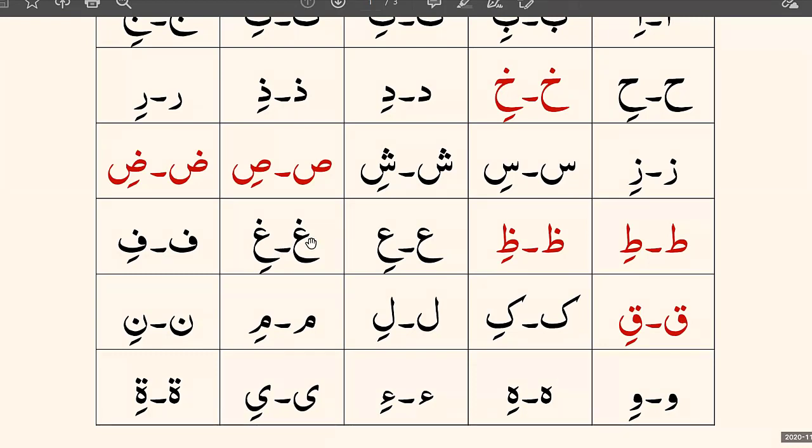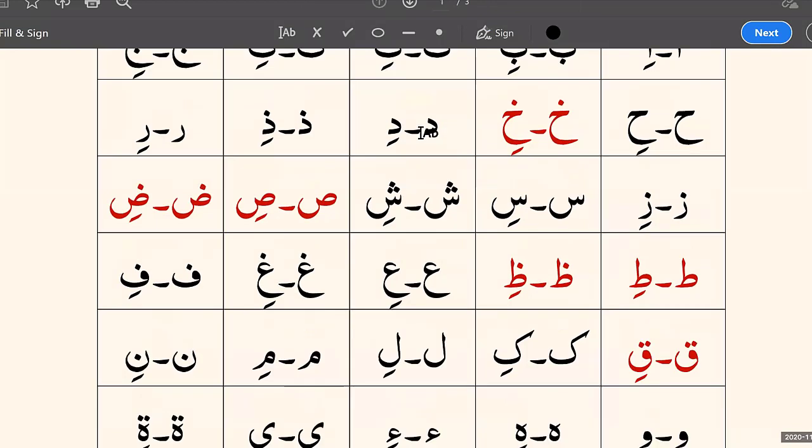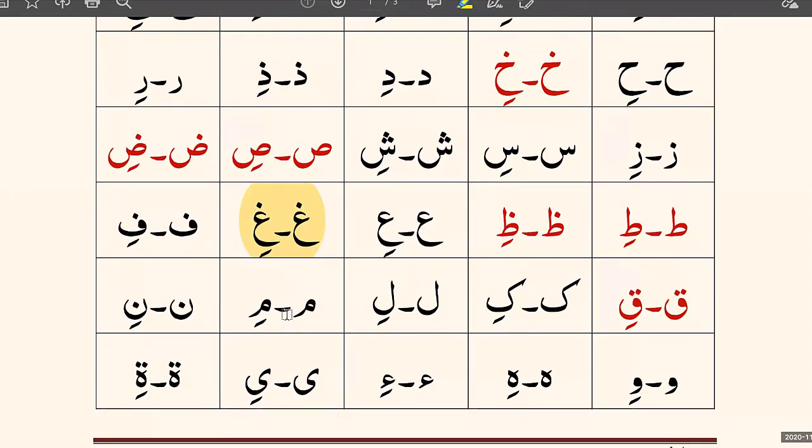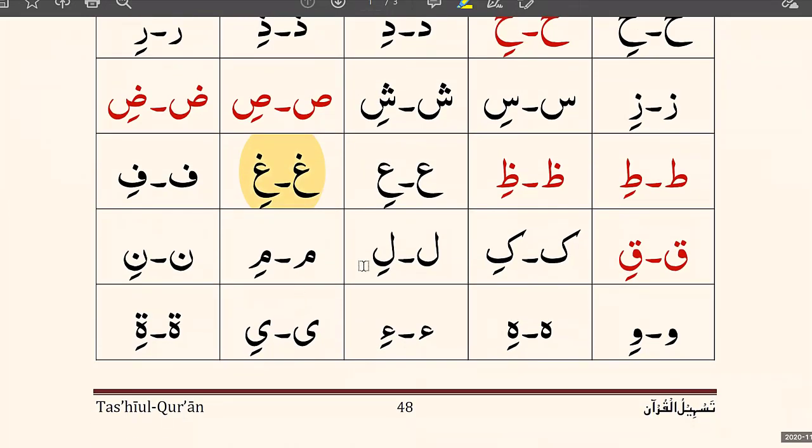This Ghain is also a thick letter, but for some reason it is not that one. If I use this highlighter, yeah, this Ghain is also a thick letter. Okay, so Ghain and Ghi, Gha is always a thick letter because these are the seven letters, and that was missing here. So Kaf and Kaf, Ki,